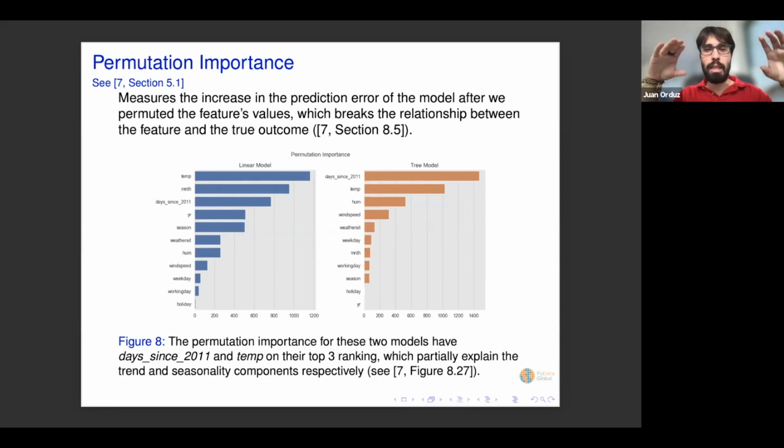But for example, the seasonality and humidity don't rank the same. I must say that this measure of importance also suffers from the fact that whenever you have correlated variables, you might be testing the accuracy on points which are not physically relevant, so to say. And so I often recommend, or in the literature they often recommend, when presenting results on partial dependency plots or permutation importance, to also present the corresponding correlation matrix, or maybe a dendrogram with the correlations, because it could happen that highly correlated variables can split their importance, and they might look low in the rank.